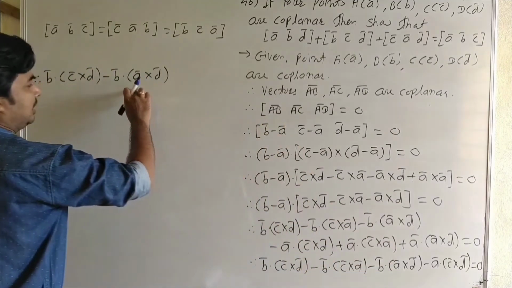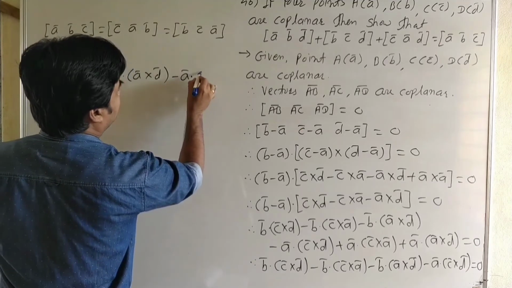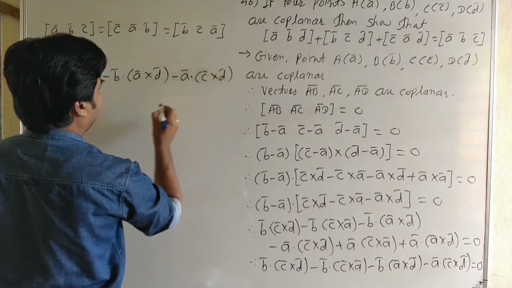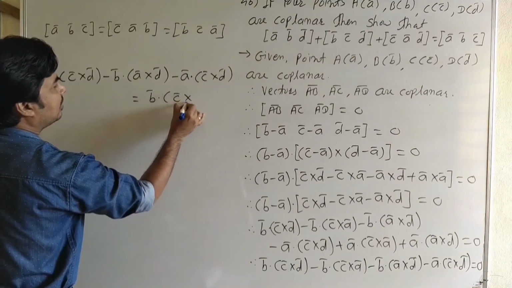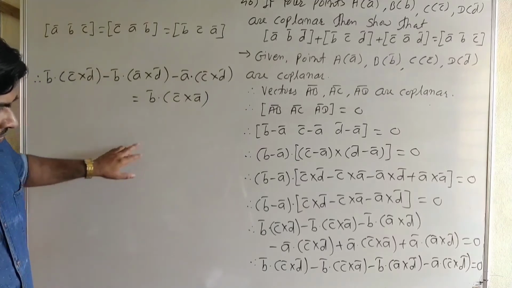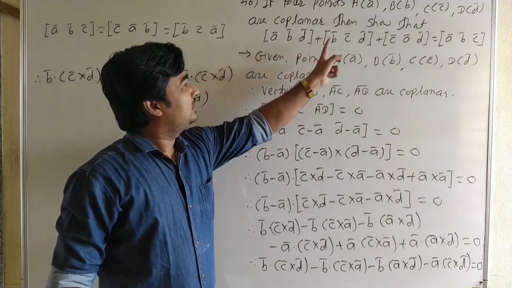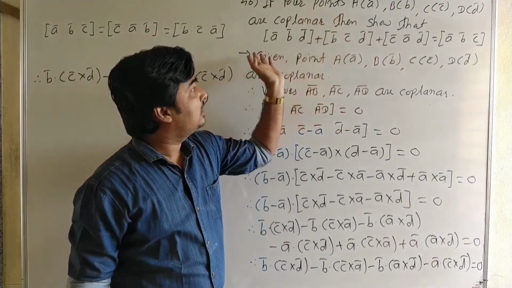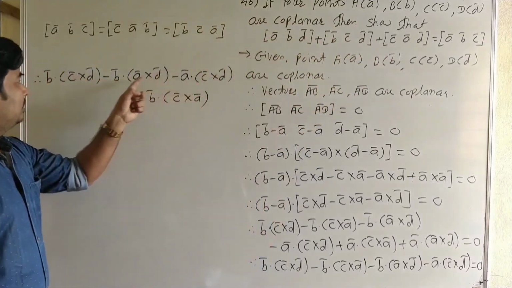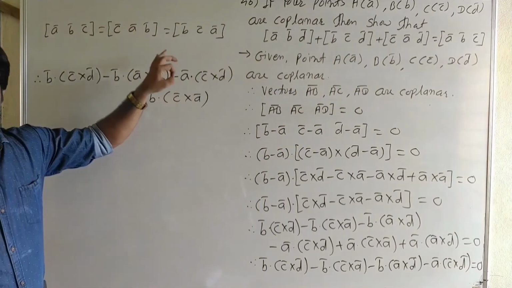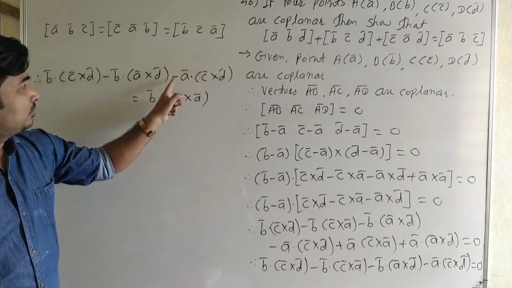This term can be written as here, and then minus A bar dot C bar cross D bar, and is equal to B bar dot C bar cross A bar. Here it becomes plus. Now these three triple products, see carefully, all are in the addition. Now here it is in form of the negative. We can write property here, single interchange, then we get it is a plus.